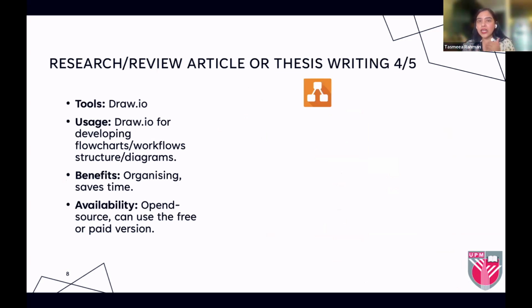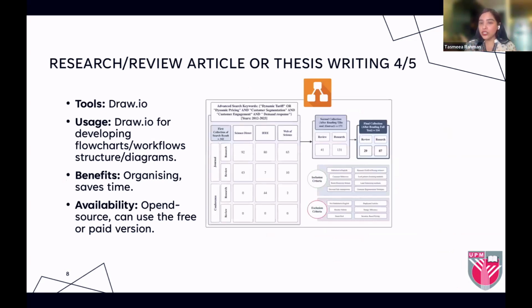After that, another tool I use that helped me a lot is Draw.io. You might already know about another tool called Lucidchart. This is the open source version of Lucidchart, and it's completely free. Draw.io has all kinds of tools, for example squares, rectangles, anything, and it gives you the opportunity to edit them as you want. So here I prepared my